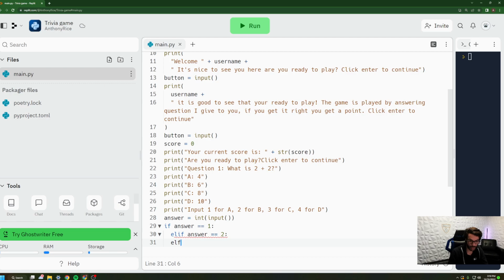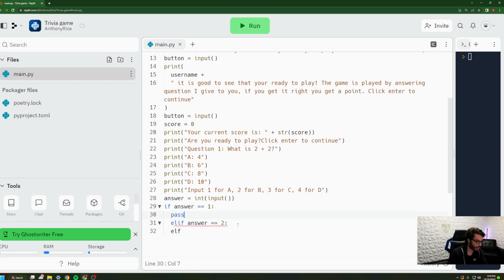This is a great example of how to take some input from the user and use it, and also of using comparison operators. So we have elif here, answer is 2, and I'm going to write pass here, which is just a keyword in Python to let me know that I'm using this as a placeholder, as you can see here. So I pass again,